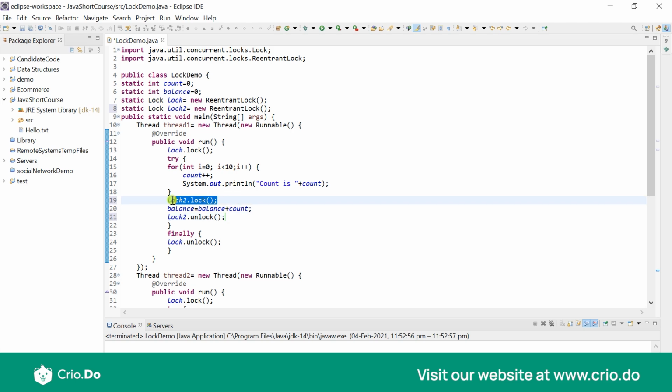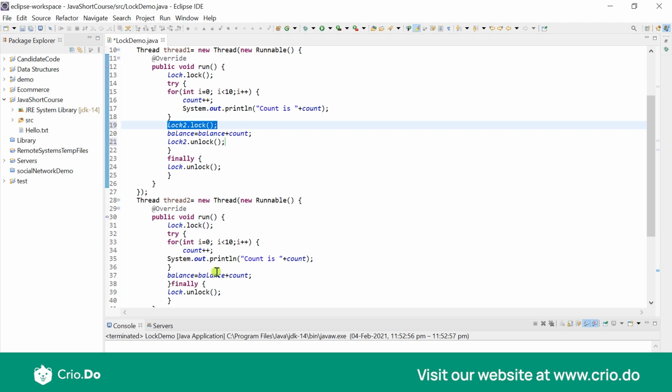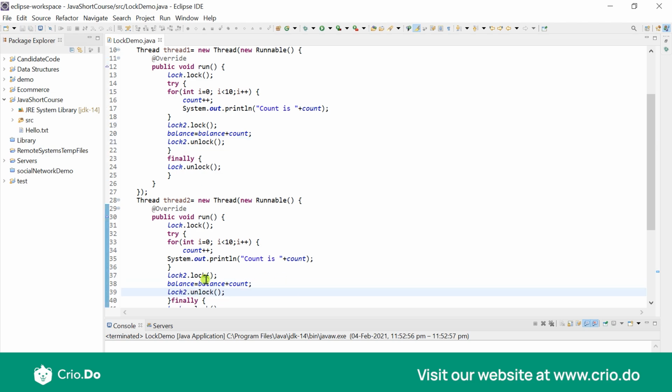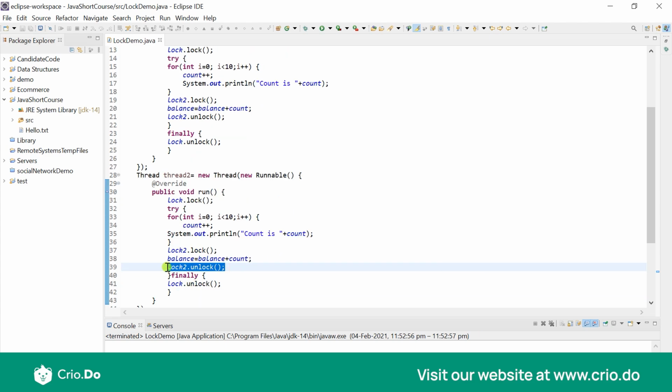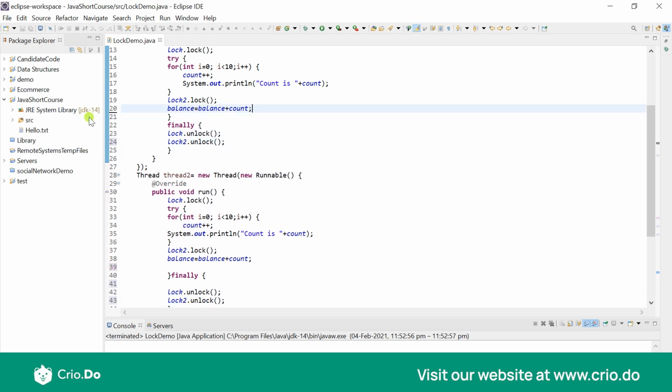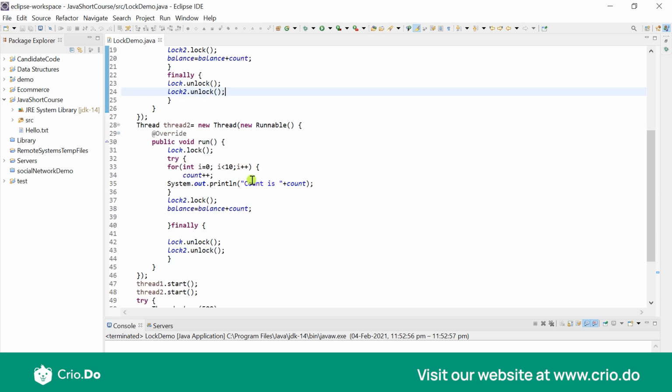This is something which I would want to do in the other threads as well. So I'll put the lock over here, and then I would unlock it over here. And I can unlock it in the finally block of the try as well. So probably in this, I could add the lock2.unlock so that I'm sure that whatever happens within this, I do have this unlock happening over here.